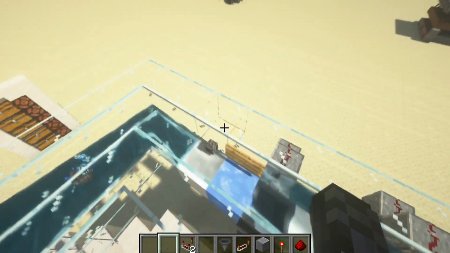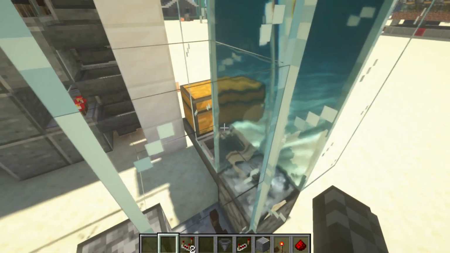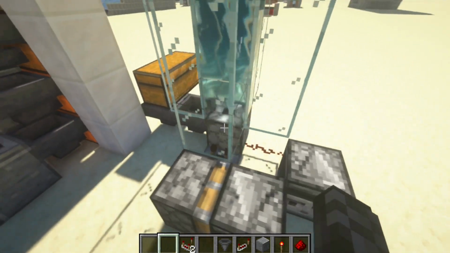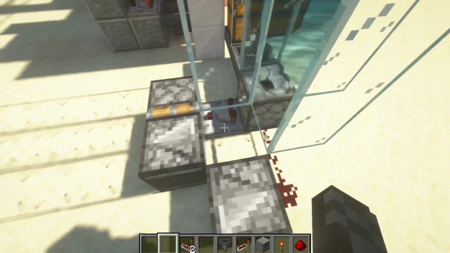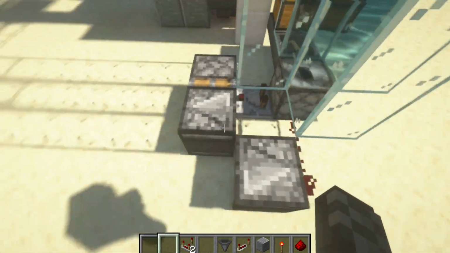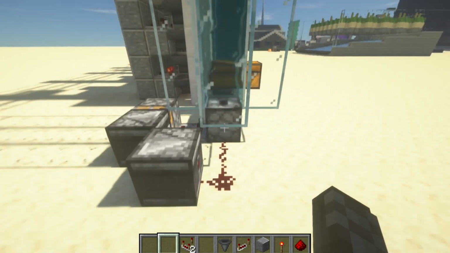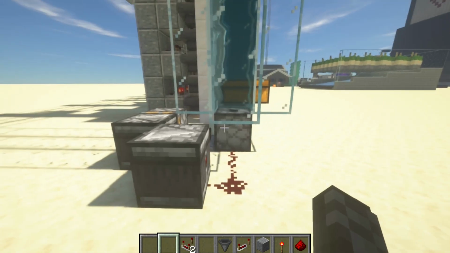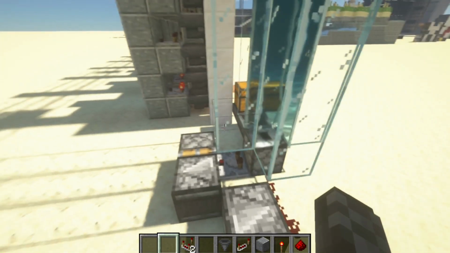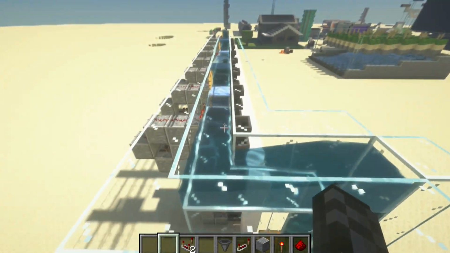And then the second, the automatically dispensing chest is actually just a very simple circuit. We got a chest going into hoppers, going into a dropper. I have a comparator coming out of the dropper, going into a sticky piston, which pushes into these observers. Whenever these observers line up, they do a little clock that powers the dropper. When there are no more items in the dropper, it turns off the clock and sends all the items on